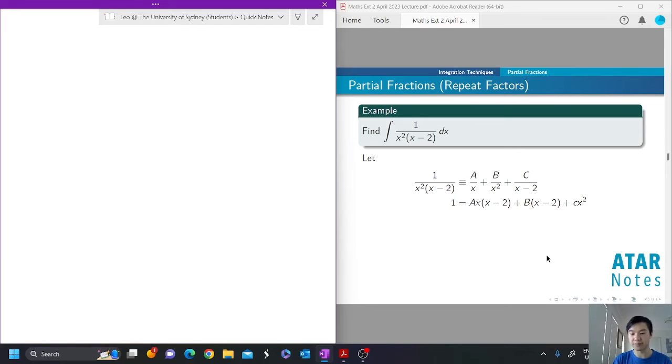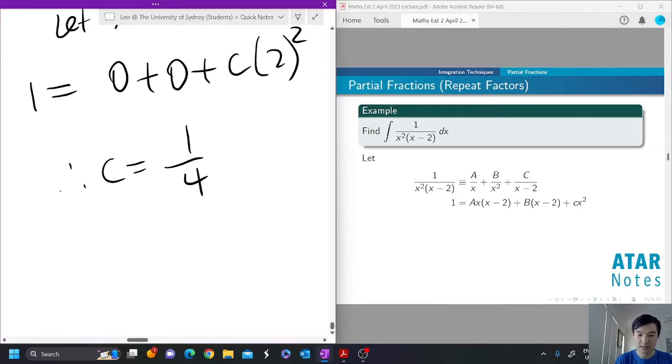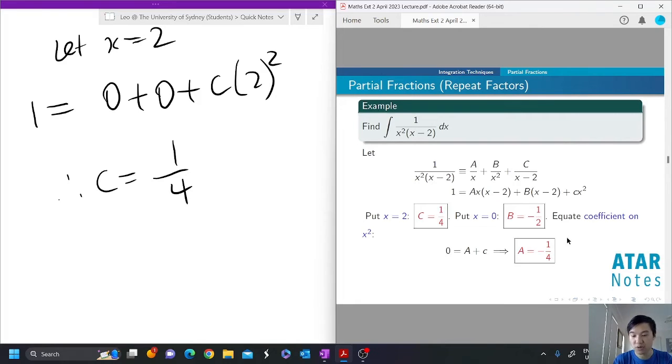So you can do substitution. Let x is equal to 2. So 1 is equal to 0 plus 0 plus c times 2 squared. So therefore c must be equal to 1/4. And then afterwards you can expand and then compare coefficients. So you get that b is negative half and